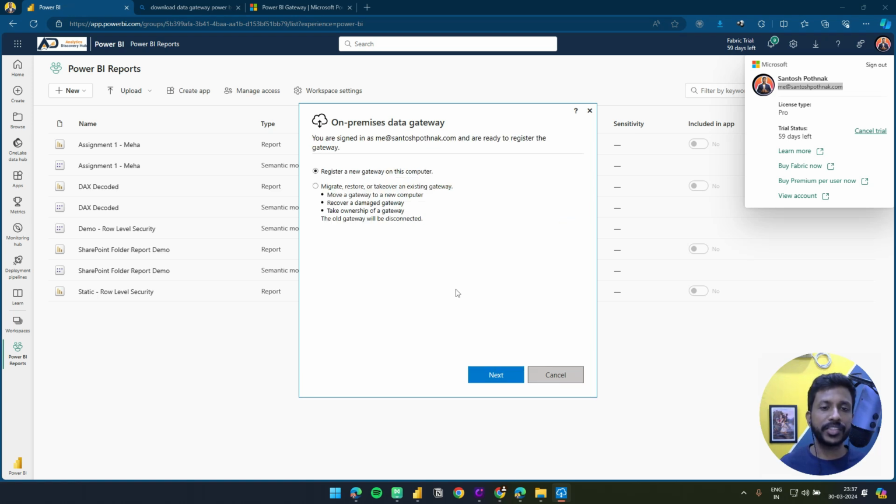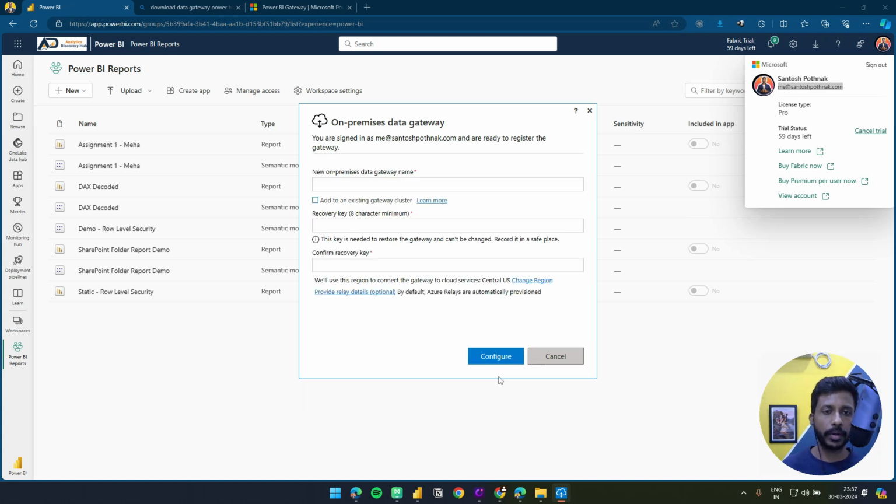We are registering a new gateway to this computer, so let me click on registering a new gateway. If you already have a gateway and you want to restore it, you can also do that. If you are migrating from one machine to another machine, you can also do that. Right now we are registering a new gateway, a new on-premises data gateway name. I would like to give it a new name. Let's say